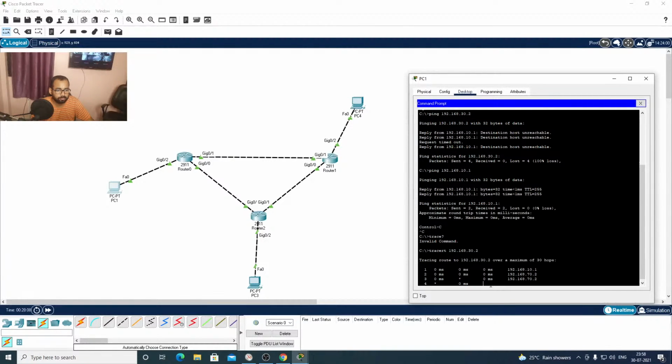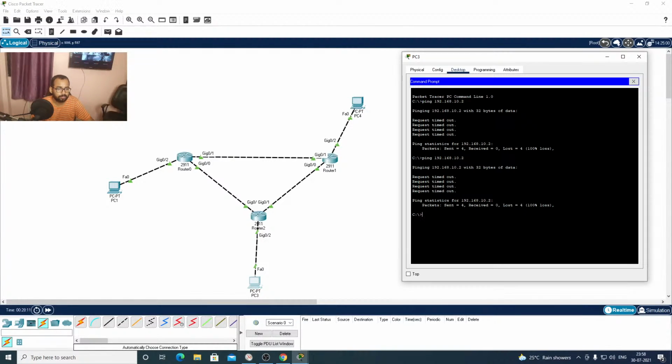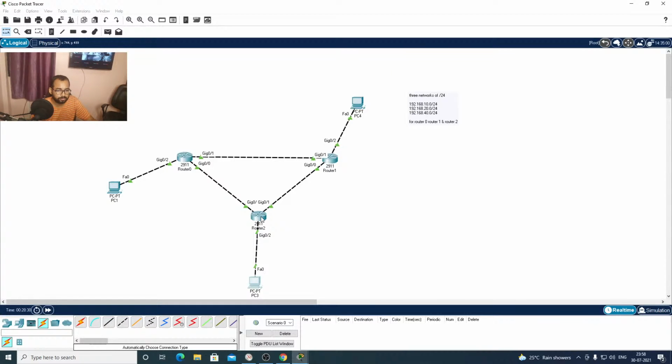Router 2 is not forwarding to PC3. So we'll first check whether PC3 is communicating properly or not. Okay, we found our mistake here. PC3 is not communicating with its parent router. So first we have to troubleshoot between those two routers.